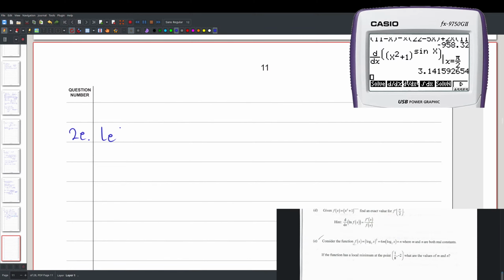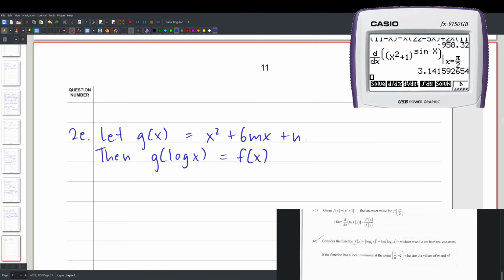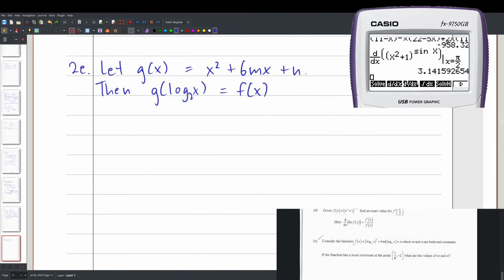Let g of x equal f of log x. I can't write that, can I? Technically, x squared plus 6mx plus n. Then g of log 2x equals f of x. G of log 2x, I should say. Right, and then since log 2x is strictly increasing,